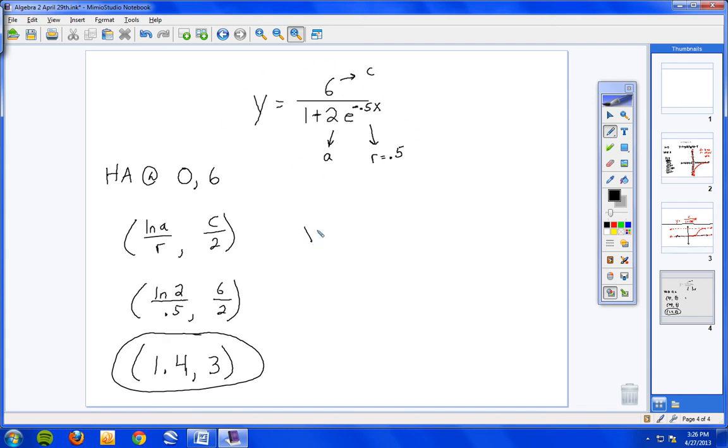So go ahead and turn your calculator on, hit the Y equals button, and clear out any functions you have in there. And here's what you type. Do this slowly, okay? First of all, you type the top, so hit 6. Then next, hit divide, so you'll see a slash appear. And then this is so important. You've got to tell the calculator this whole expression is your denominator, so you really